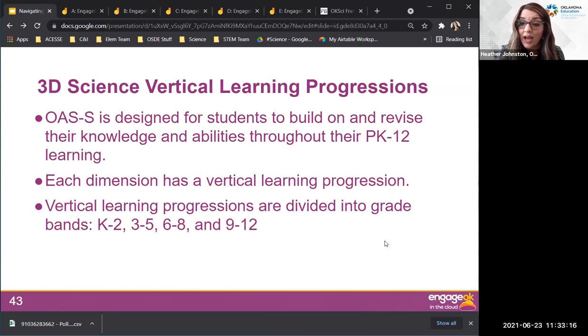And so we do have documents that help identify, if I am in 3rd grade, what did students learn before me in this topic? What will they learn after me? Or if I'm in high school, what did students learn in middle school that could potentially be connected to my ideas, or maybe another subject area within high school, like the physical sciences, on how those could potentially build off of each other.